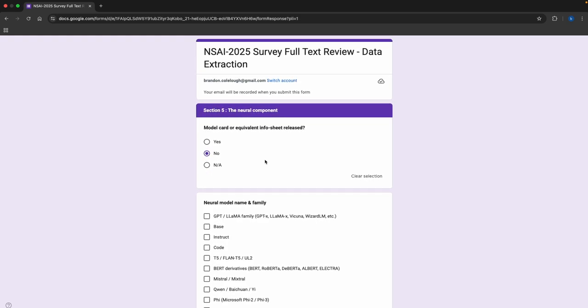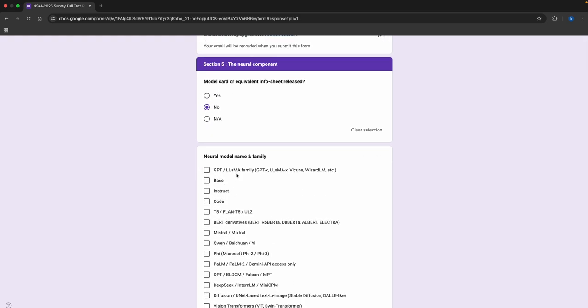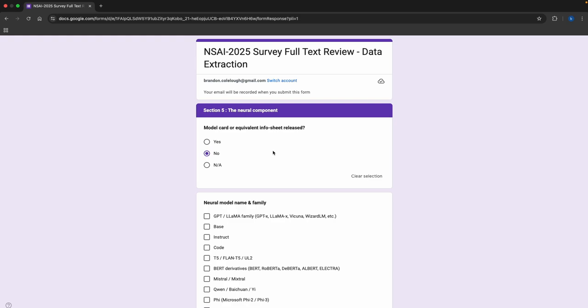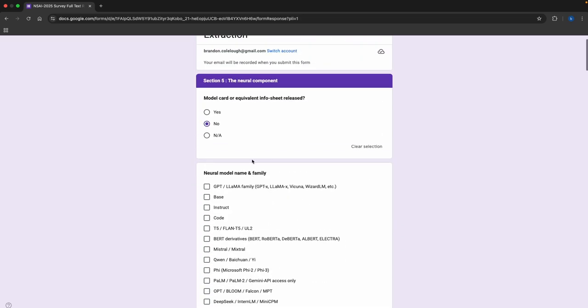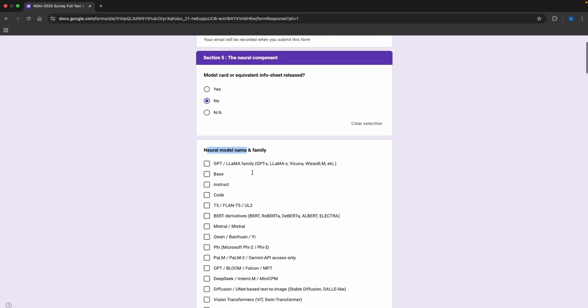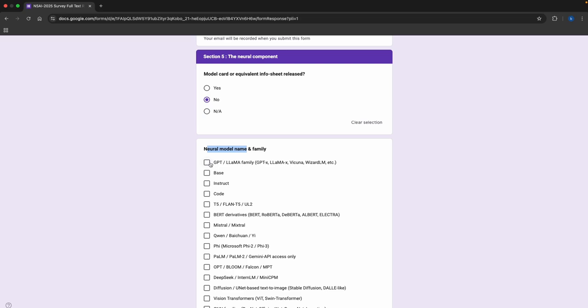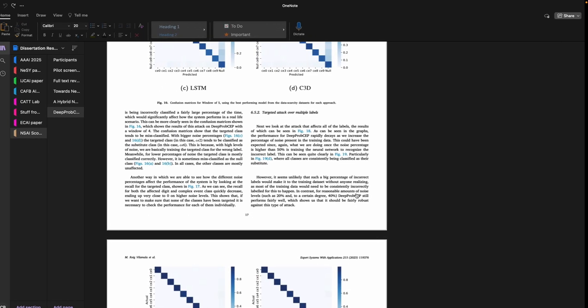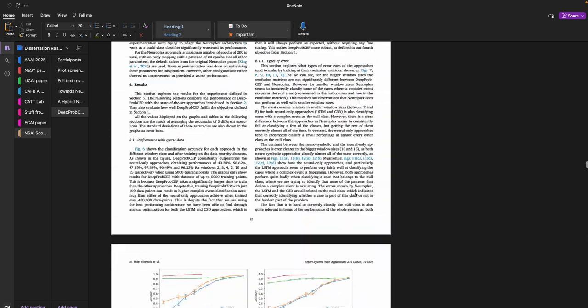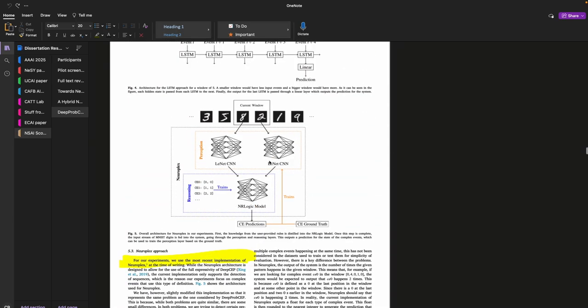For the neural component, most of sections 5, 6, and 8, sorry, are just click through, where you'll just click on the area or provide something different if it was. For the neural component, for example, if it was something like Llama, then you could easily just click Llama. But for this paper, they describe up in their methods section what they used, which was